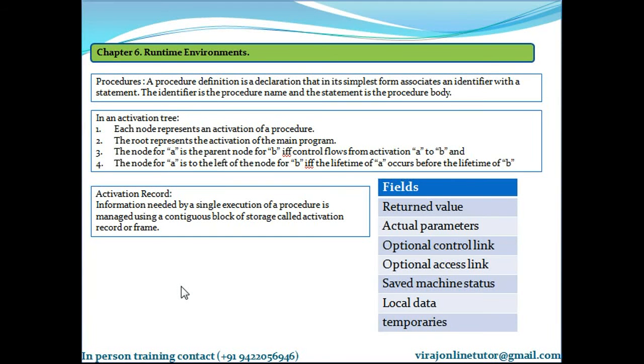The lifetime of an activation of a procedure P is the sequence of steps between the first and last statement in the execution of the procedure body, including the time that is spent executing the procedures called by P. So it is the time spent in executing the first to last statement in the procedure body, including whatever time is spent if this procedure in turn calls some other procedures, and so on.